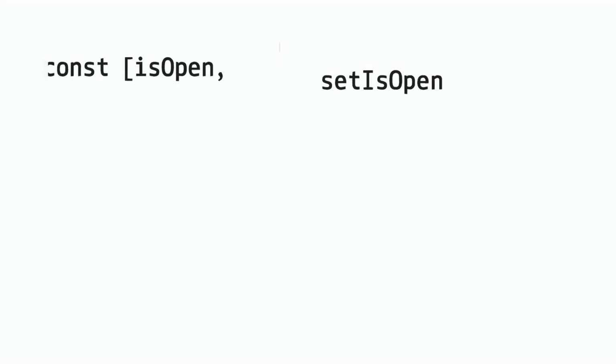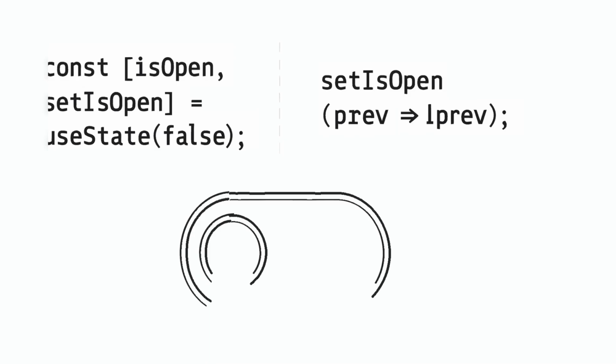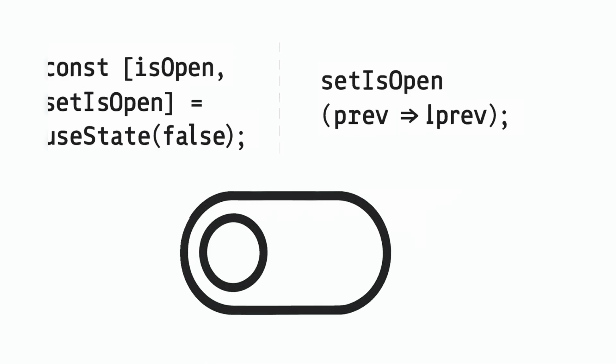You can store more than numbers. For a toggle, try const [open, setOpen] = useState(false). Then setOpen(prev => !prev). For objects and arrays,